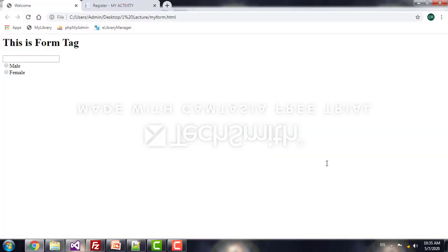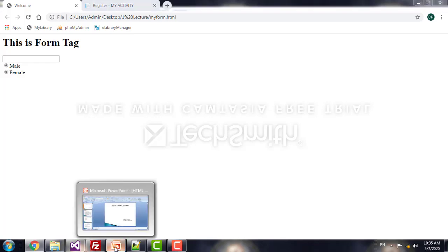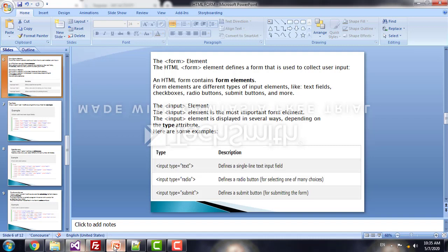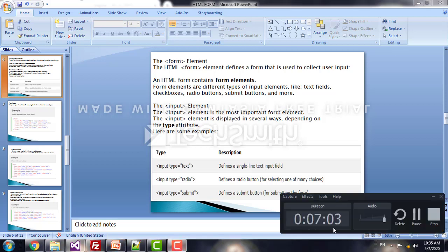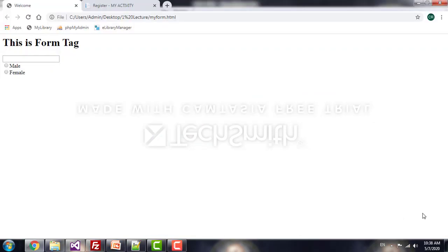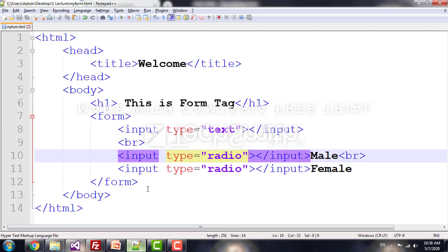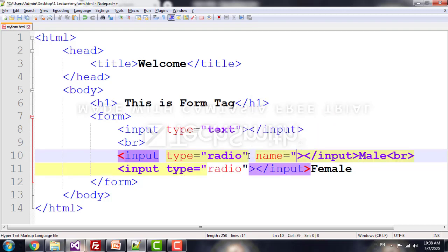Now both are going to be selected, but we have to select only one out of these. So we have to change the group. As you can see here, both radio buttons are selected. To solve this problem, we are going to add one more attribute, that is the name attribute. So what is that name attribute? Name is equal to, for example, I will say gender, and the same attribute and value for the second one. That means these both radio buttons are from the same name group, that is gender.